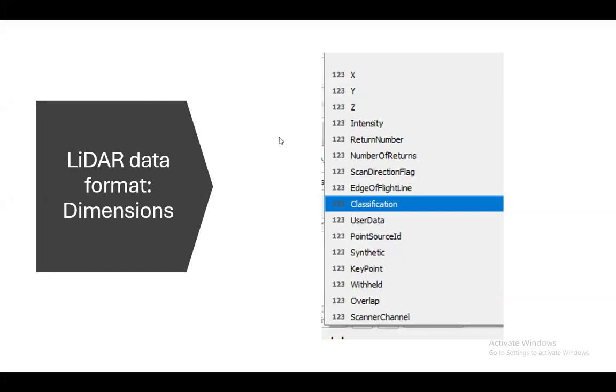Now, again, it is not about 1 or 2 or 3 points, it is millions of points. So you can understand the heaviness of LiDAR data. That's why most of the time we need to segment it or take some part to study, because if you take the whole scene and you don't have enough processing power, it might take a longer time. So we usually cut out a portion and then we study.